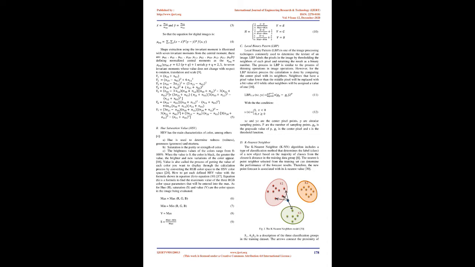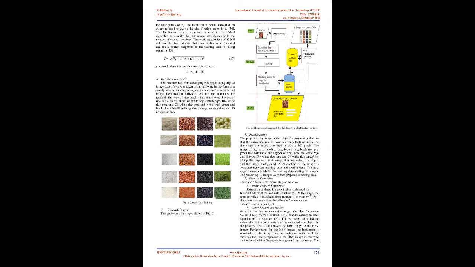The value is also called the process of getting the value of each color you want to display through the calculation process by converting the RGB color space to the HSV color space. How to get each defined HSV value with the formula is shown in equation 6 to equation 10. Equation 6 is a formula to find the maximum value of the three RGB color space parameters that will be entered into the max. As for hue (H), saturation (S), and value (V), they are the color spaces in the image